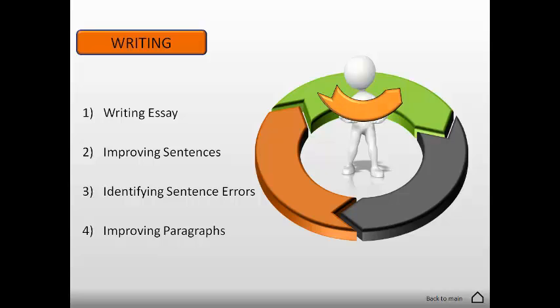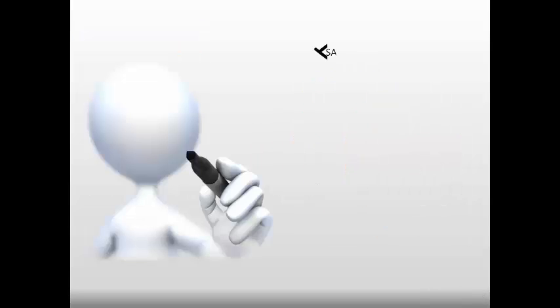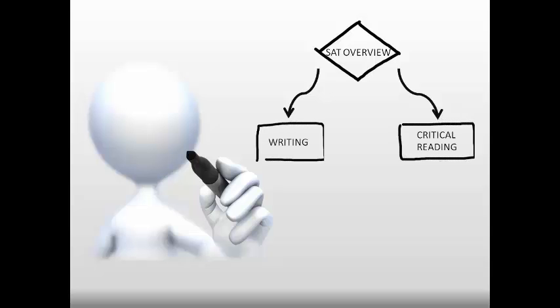The third one is improving paragraphs. Basically they'll be asking how to better convey that, for example if something is used redundantly, things like that. So that's what it is: your writing is the writing essay, improving a sentence, identifying the sentence errors, and improving paragraphs. To give a brief overview again, SAT has critical reading,